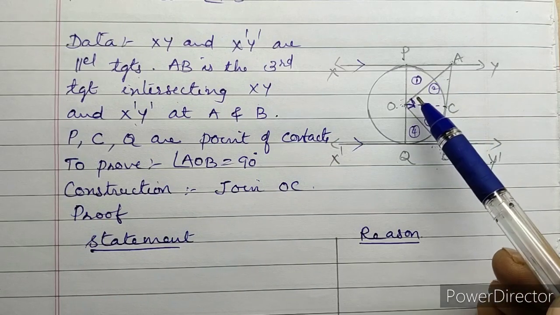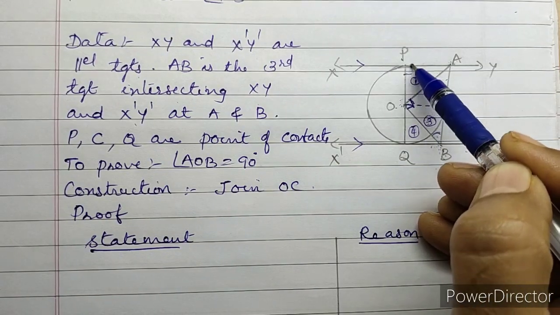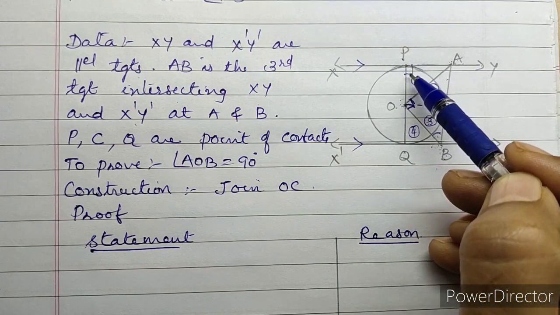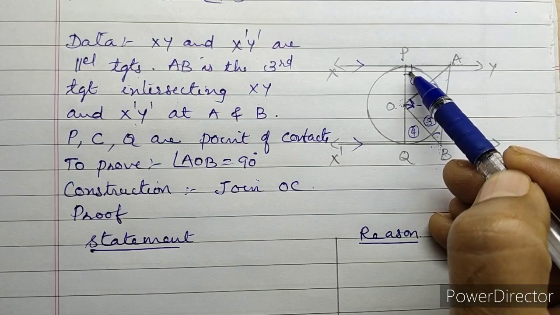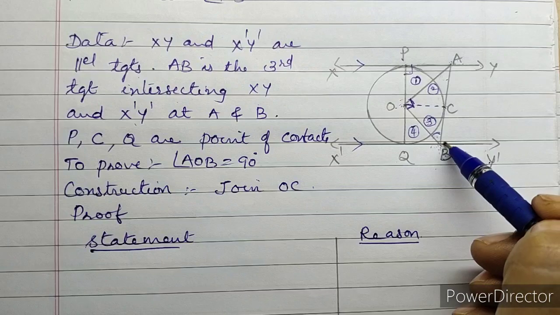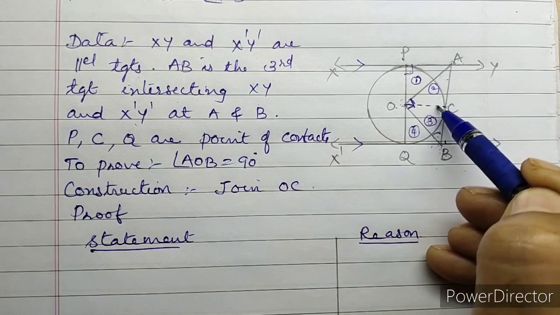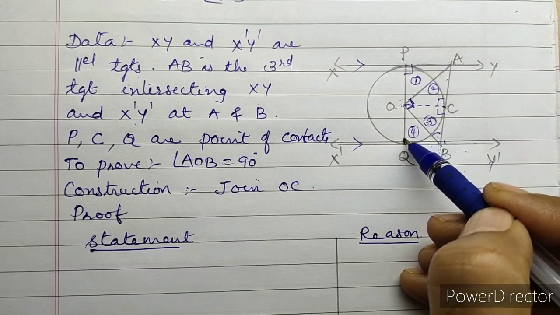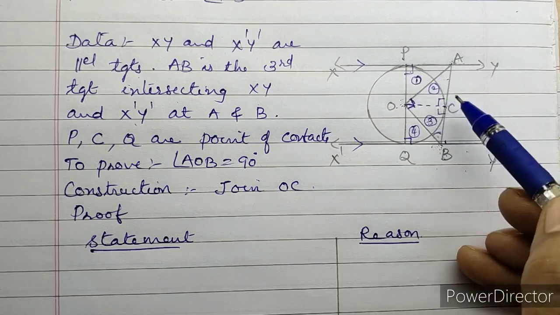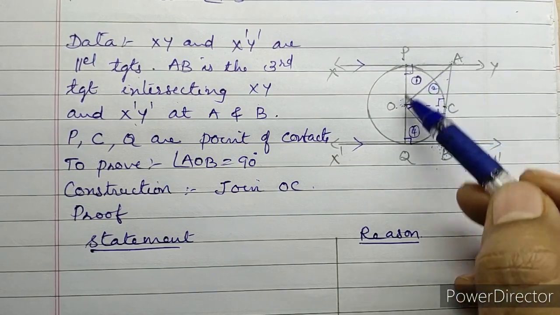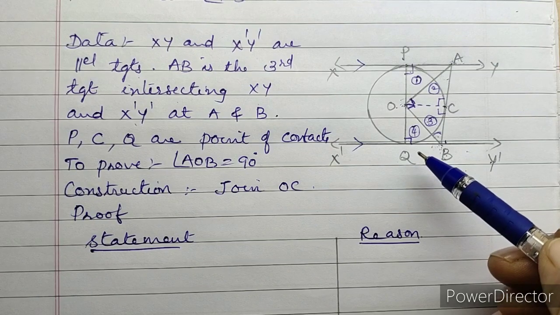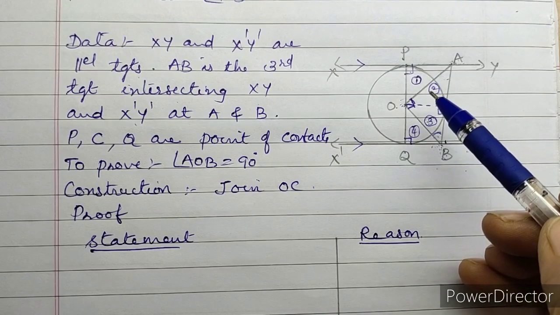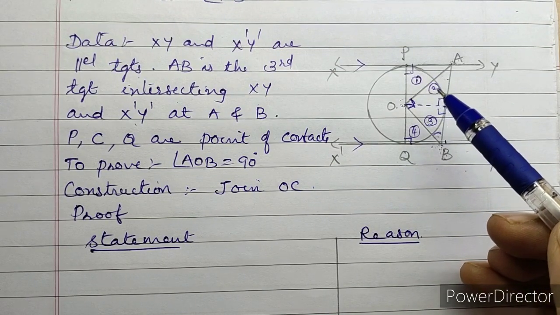How will you prove it? You know that the radius at the point of contact of a tangent is perpendicular to it. That means this angle is 90 degrees, and here also AB is the tangent and C is the point of contact, OC is the radius. This angle is 90 degrees, here also 90 degrees and this is also 90 degrees. So all four triangles we are getting are right angle triangles. So to prove congruency for right angle triangles, which theorem can you use? Yes, of course it is RHS.